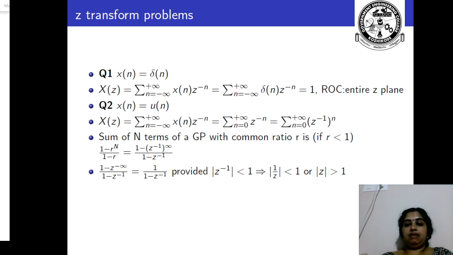So, r less than 1 means the magnitude of z raised to minus 1 is less than 1. What is z raised to minus 1? It is 1 by z. So the modulus of 1 by z is less than 1. That means if you take z to the other side, you get mod z greater than 1. So your region of convergence for the z transform of u of n is mod z greater than 1. As I mentioned earlier, you will have to